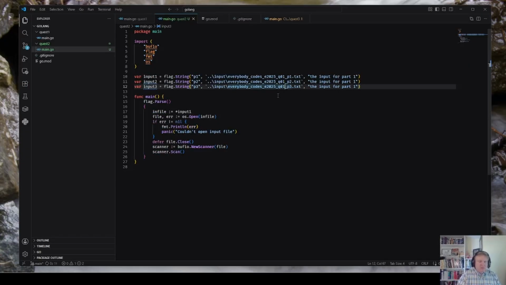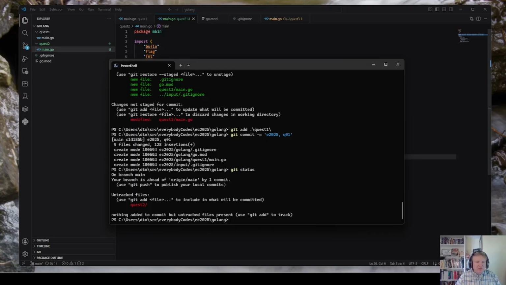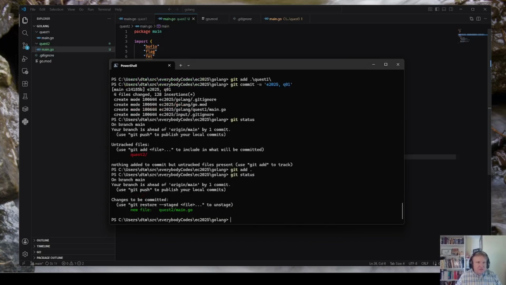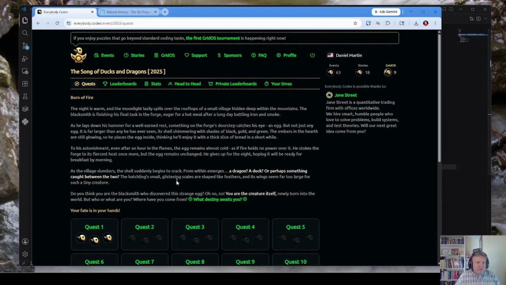Okay, these are all Quest 2s. Oh, I should have changed that. Okay, let us go. Am I ready? Yeah. Okay. I am ready for Quest 2.